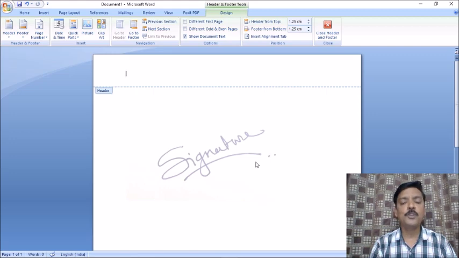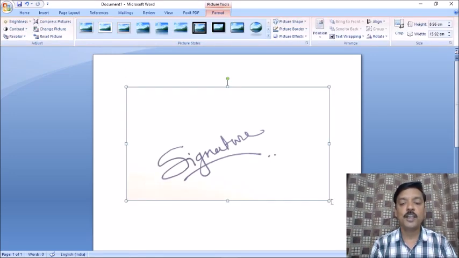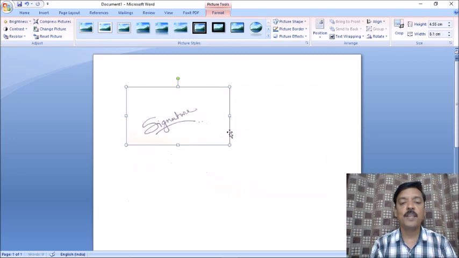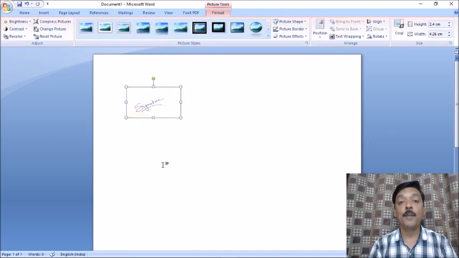This option has been chosen by most of the people. They straight away choose this signature and try to make changes to the brightness and contrast of that signature so that you can place this signature and the background of that signature is not visible on a white background. But if my background is dark, then of course everything goes.